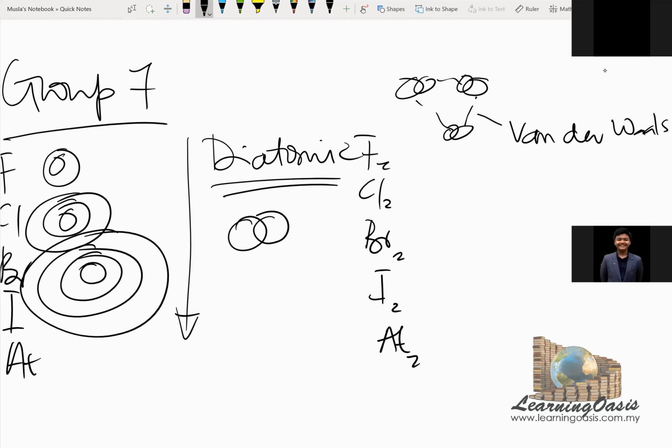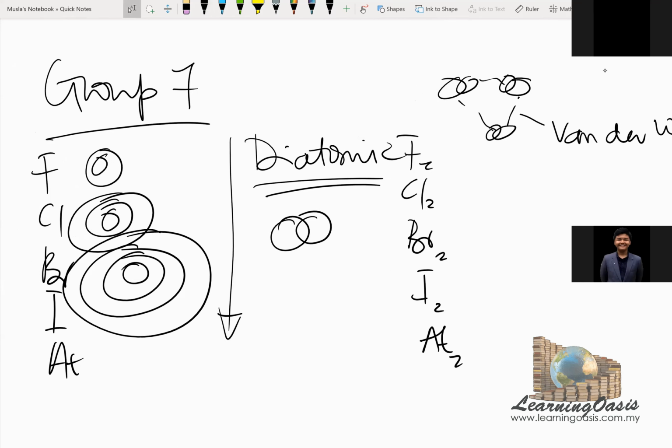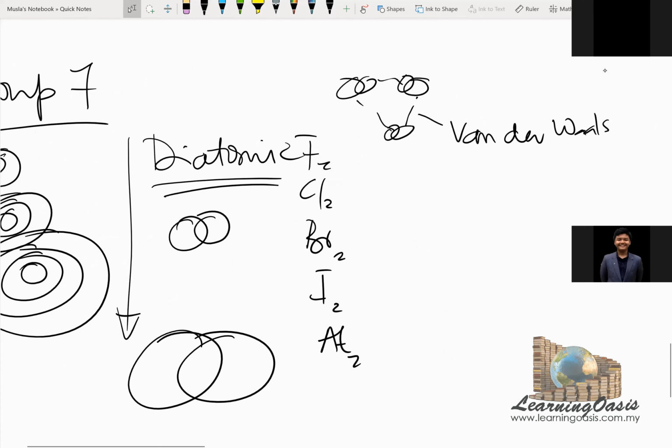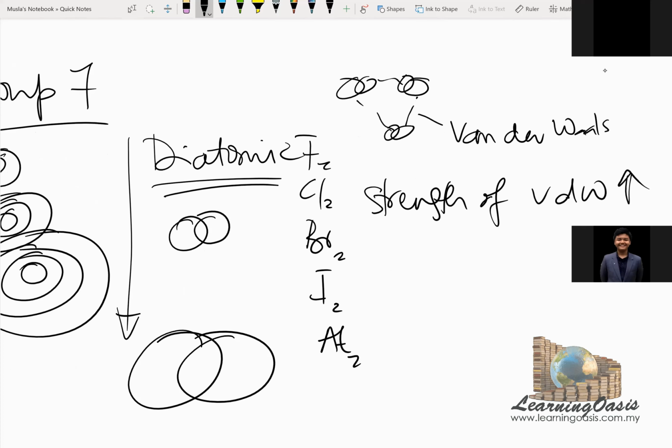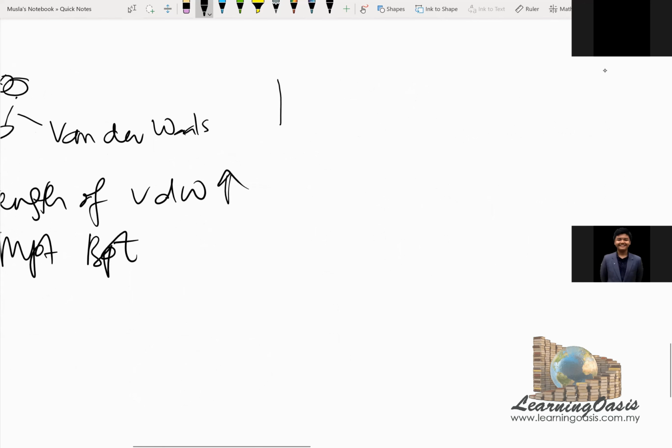As you go down, you notice the number of orbitals increases. So now the size of the molecule increases. Therefore, as you go down, the strength of van der Waals forces increases, right? Or the strength of intermolecular forces increases. So therefore, increasing melting point and boiling point. Right? Okay. So if you see fluorine, fluorine is a